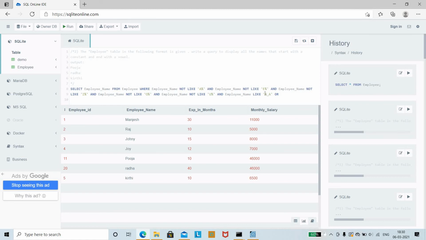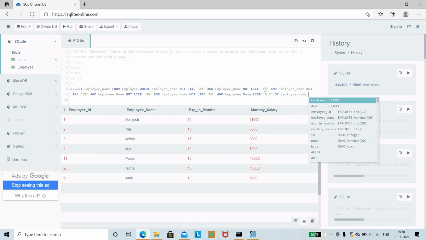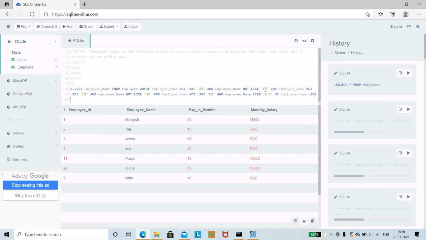Similarly you are done with A. Now employee_name like, so employee_name like followed by A is done.